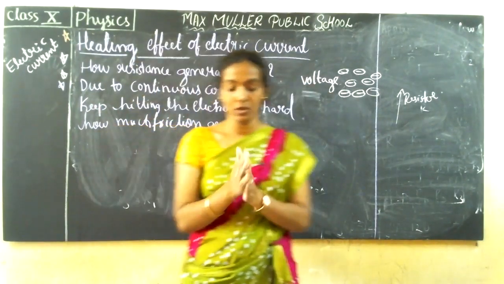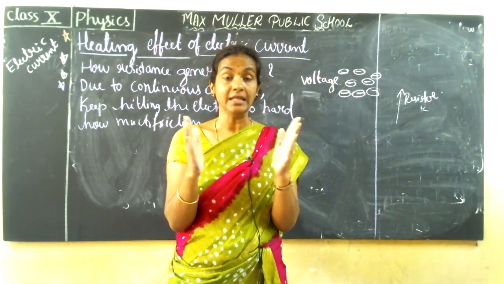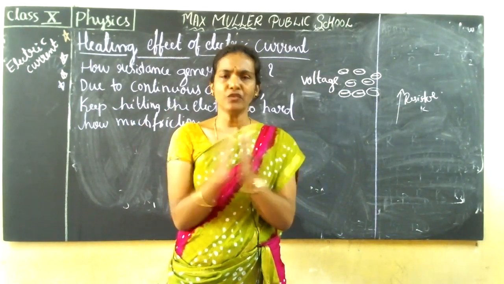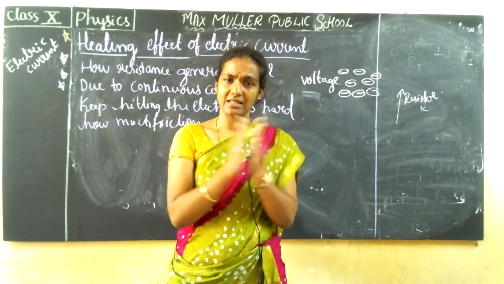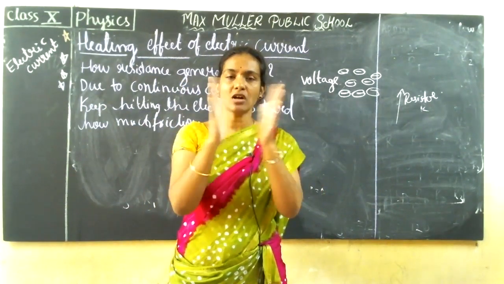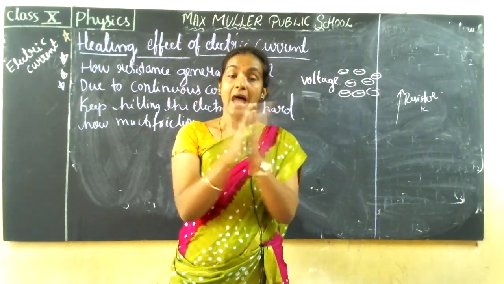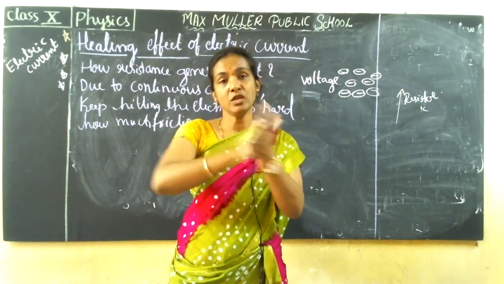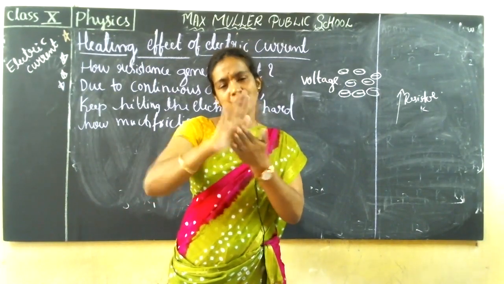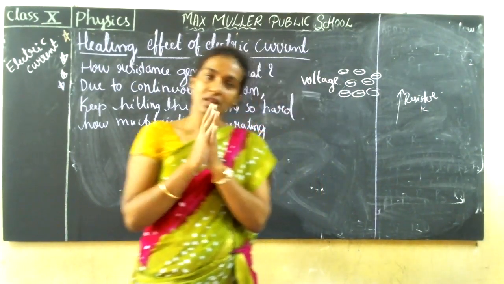Clear? One more example I will give you. Take your two hands and clasp them once. You don't feel any heat. Another time, no heat. But if you keep on hitting your hands like this, it means millions of electrons are hitting each other, and that continuous collision generates heat. You can feel the heat when you rub your hands also. If you do it once, you don't feel any heat. If you do it for more time, then you can feel the heat. This is how resistance generates heat.